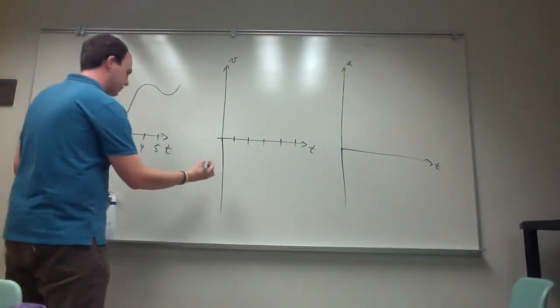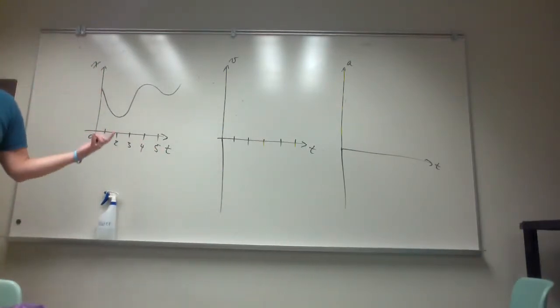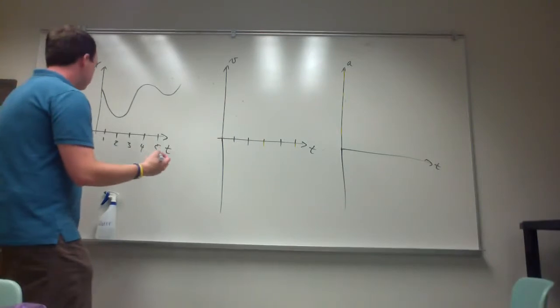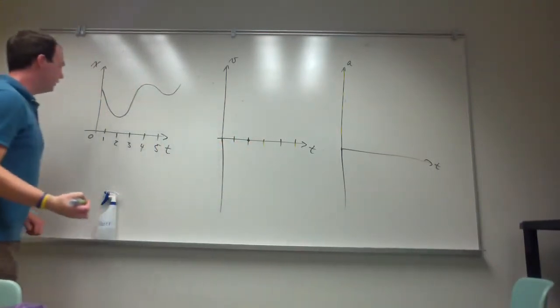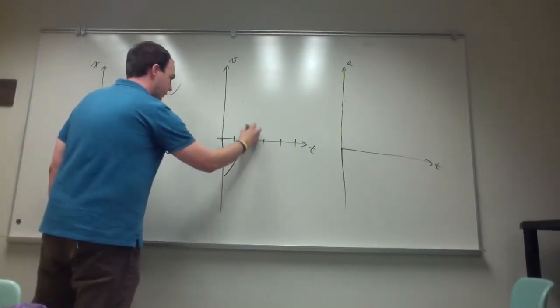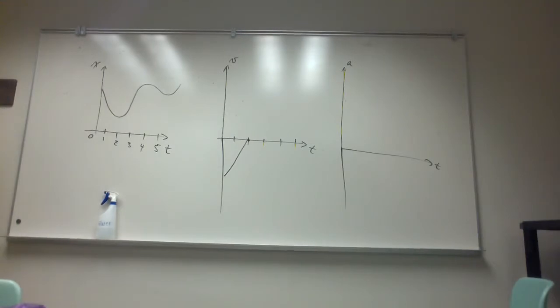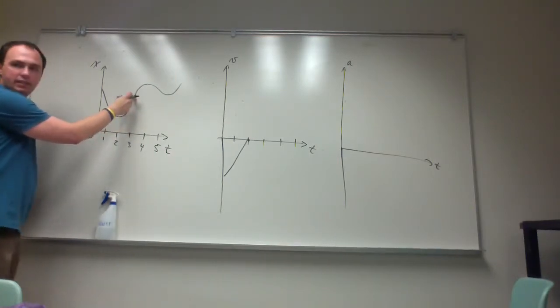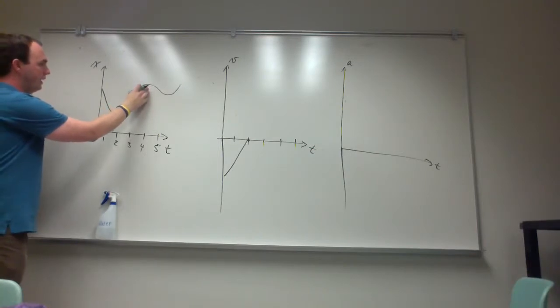Right, so I'm just going to pick. So now I don't know if these are straight lines or what, right? So it's probably something not quite straight. So at around time t equals 2, that's where I get to 0. So I start negative and get somewhat less negative. And then, if I'm going through 0, my velocity must be positive, right? So I get positive, I get more positive as it gets steeper, and then eventually I